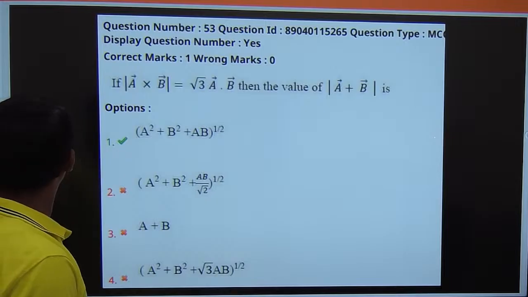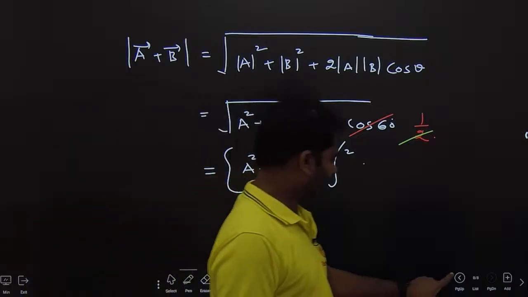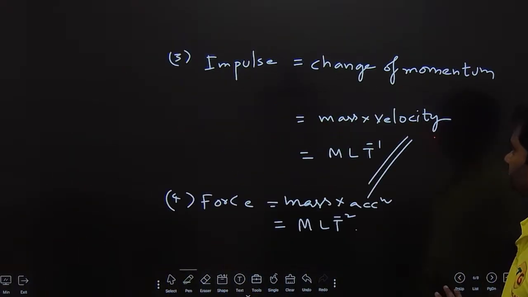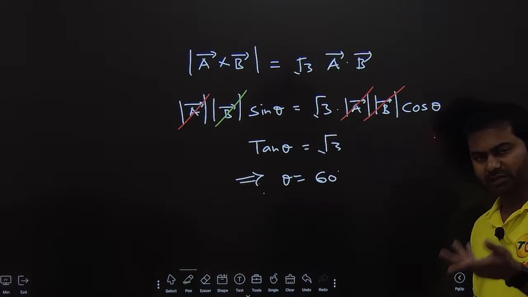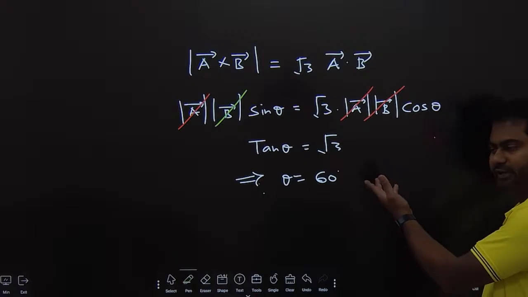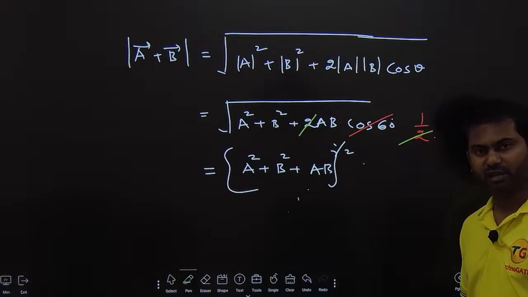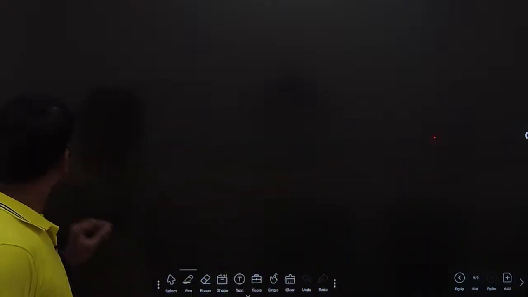Clear? And if you guys want, you can copy the solution as well. Please copy this. So we go step by step, get the value of theta, and using this value of theta, we are able to get modulus of a plus b. That's one. Fine? Clear? So we're done with this. Let us proceed with the next one.